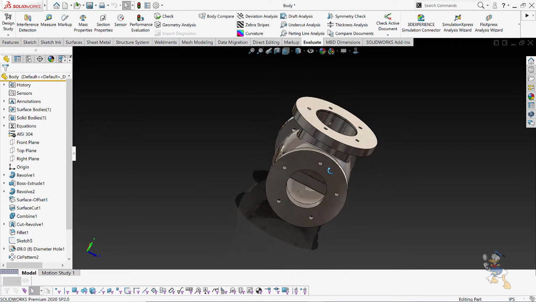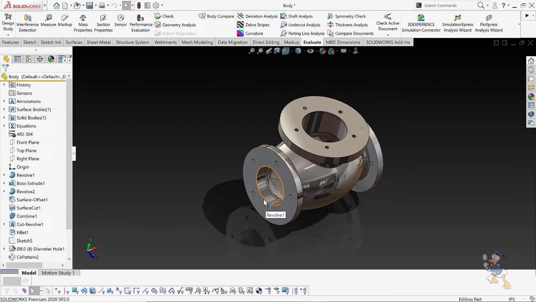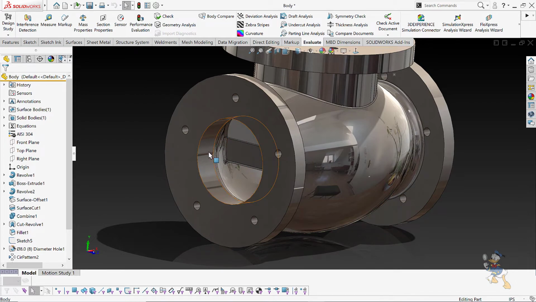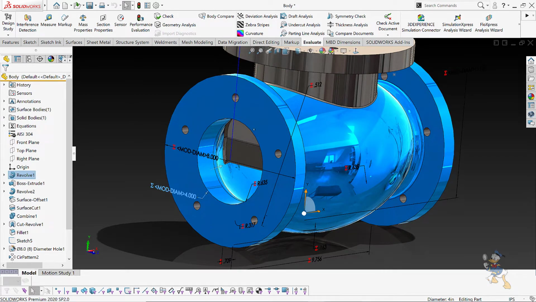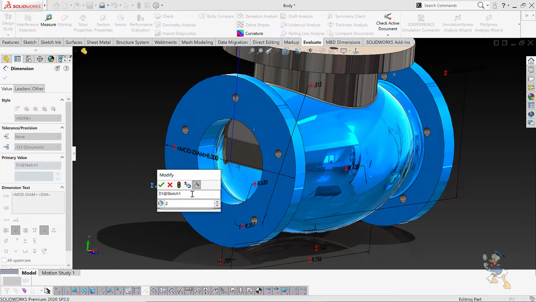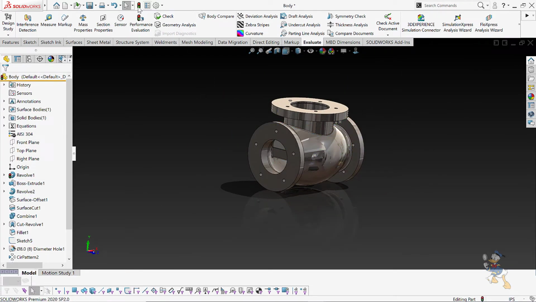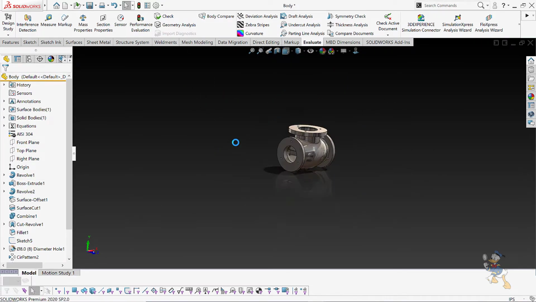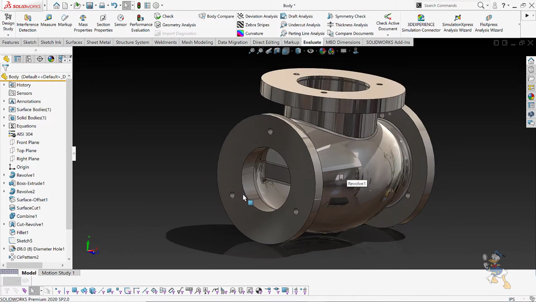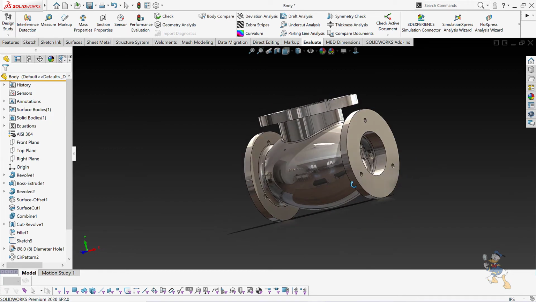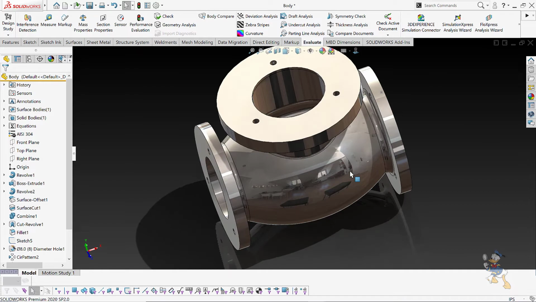Suppose we have a wall body having a diameter of 4 inch. So I just need to change the value only. Like, I am changing the value from 4 to 2. Let's see how it is working. I just need to rebuild it, and it is small. Like, only a single value dimension controlling the whole figure. It is very easy to design this kind of stuff, and very easy to control the design.